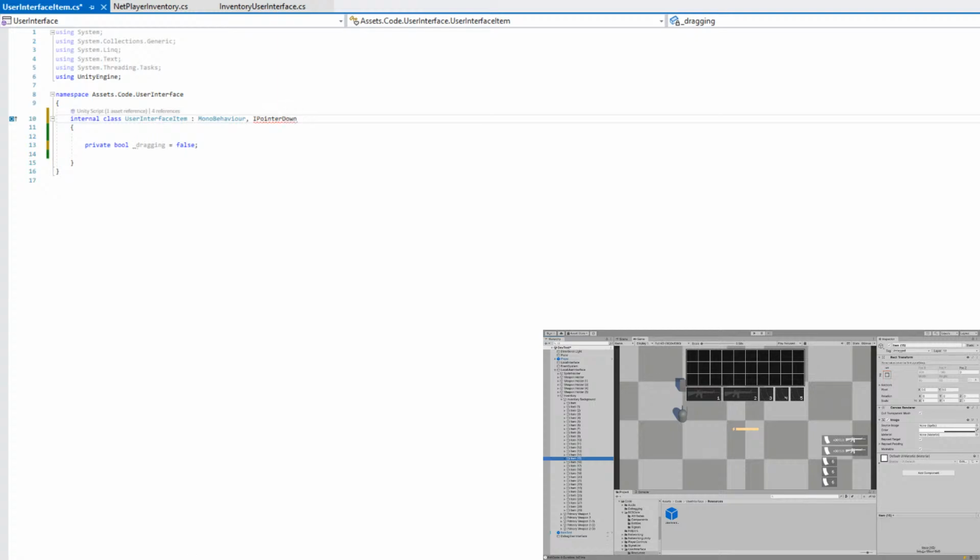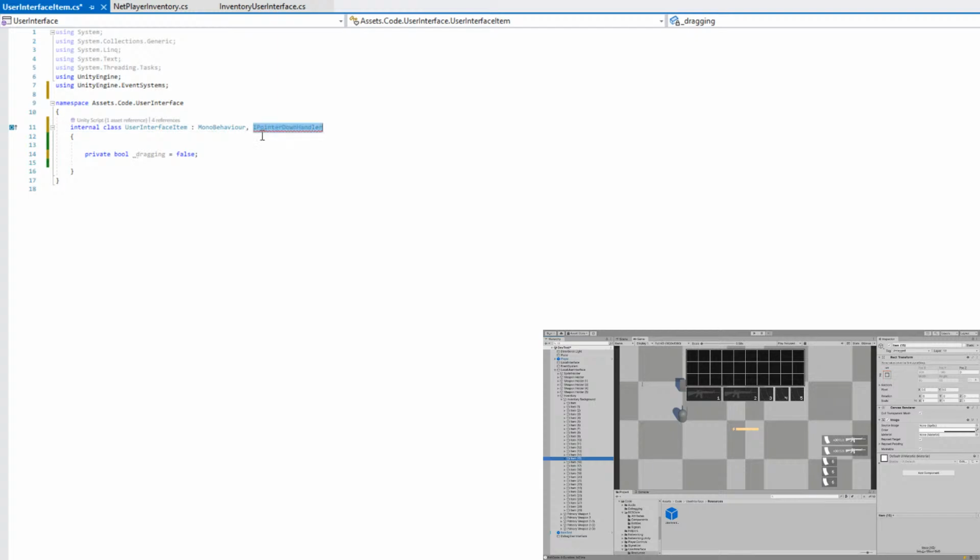Let me look up the Unity documentation. Unity IPointerDown. Oh yeah, IPointerDownHandler. So this will call this interface method when we put our mouse over it and left click. It has to be a UI element. So when this happens, dragging equals true, and then in update,